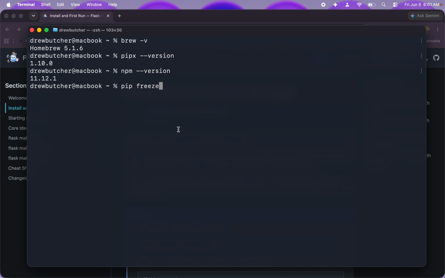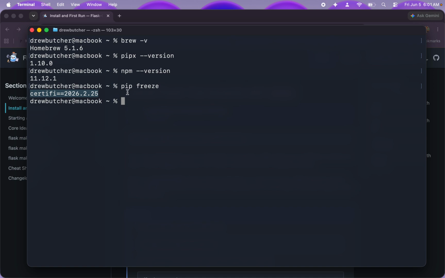I tend to keep things in virtual environments, so I'll have a package per project, and that way if I'm working on a project and it's in version, let's say 1, then a year from now it will still have that version 1, and if I move to a new project and that package is now on version 2, any new projects will go on that new version. So if I do pip freeze, you're going to see I've got like one thing that's global,